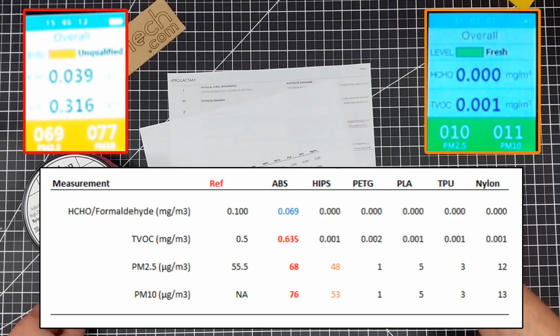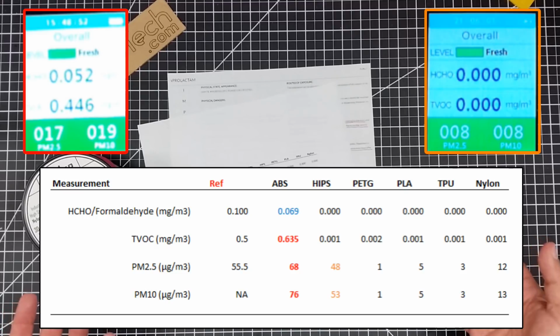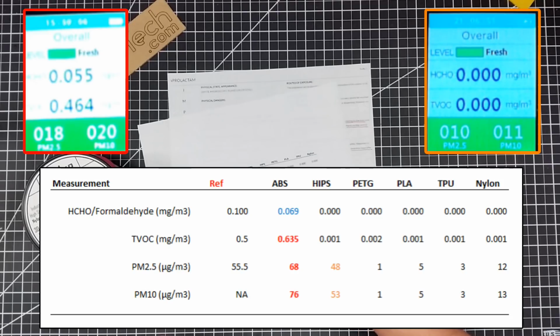You see here a slight difference. We are showing a little bit bigger particles here by 1/12. However, there's also a fair amount of particulate release here. Now, obviously not as high as HIPS or ABS. 13 to 12 is not a huge number, but it is an interesting number, and obviously compared to PETG, PLA, and TPU, it is substantially higher,